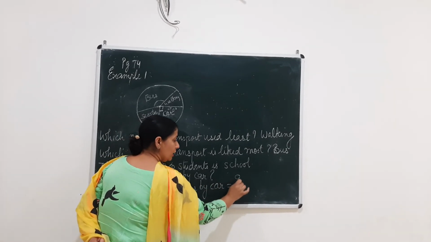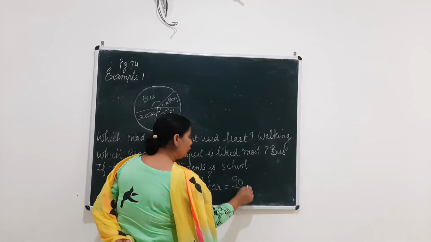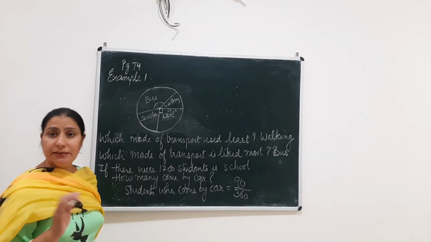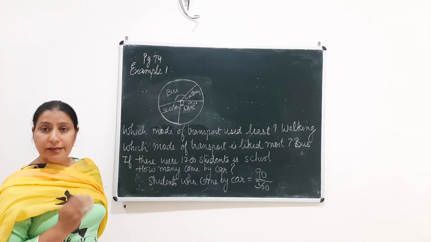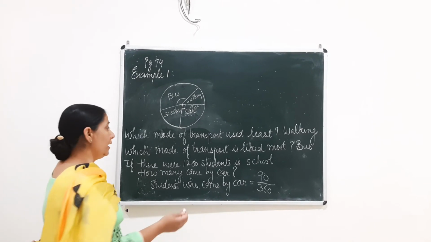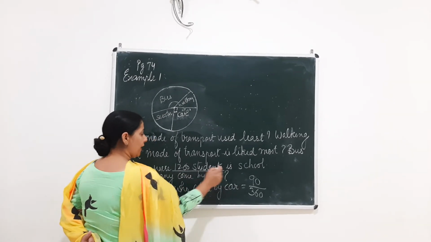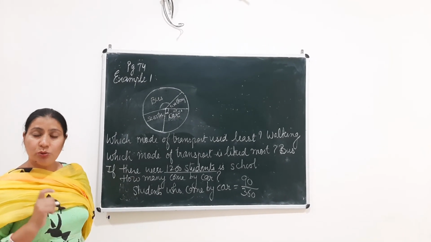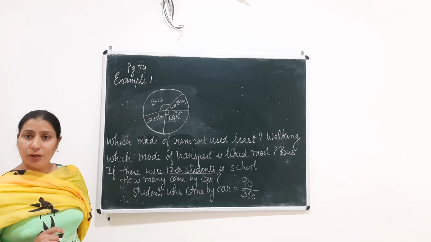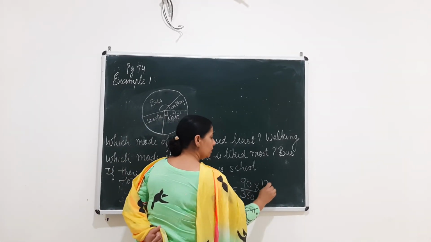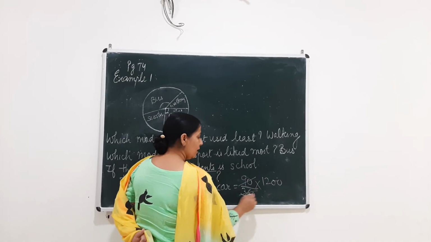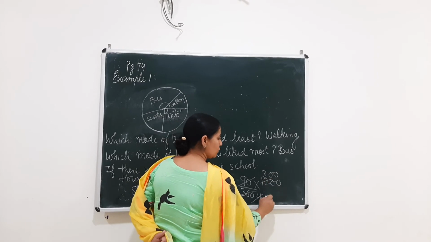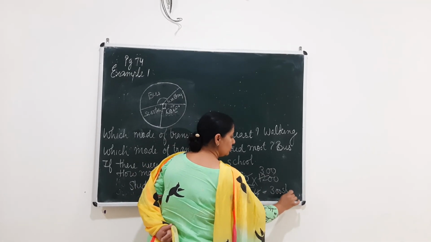is equal to 90 degrees out of a total of 360 degrees. But when I divide only 90 by 360, I will get the ratio in comparison to the total. But I want the value. For this, there is one thing given to me, that is 1200 students, which means the total strength of the school is 1200. So I will multiply this with 1200. So 90, 9 4s are 36, 4 3s are 12, with these two zeros, so I get the answer 300 students.